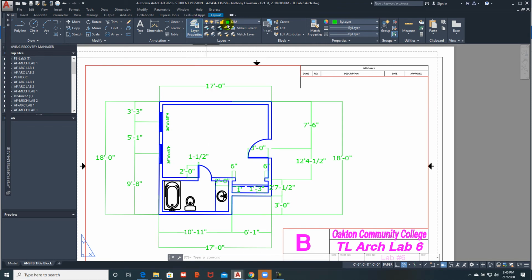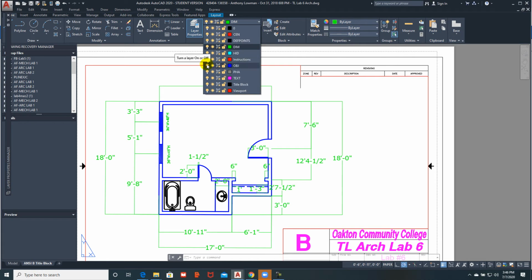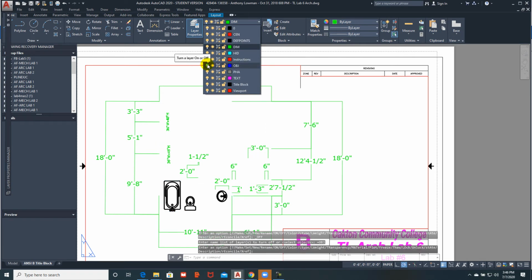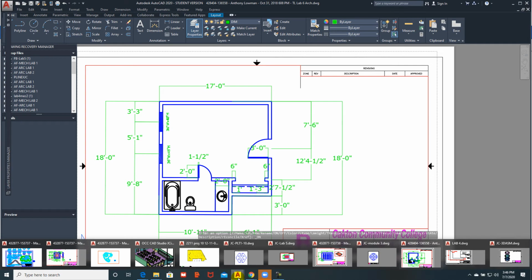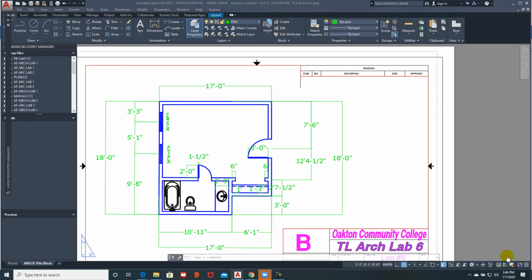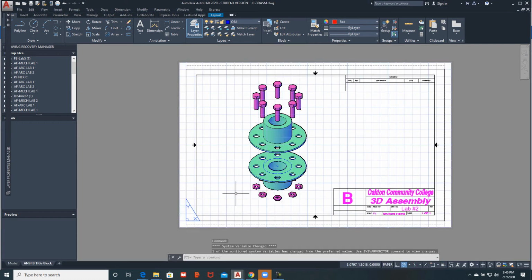If I go to the layer and I turn off this object layer, those lines will disappear. And I'm going to use a different drawing. Let's take a look at another mechanical print. And then if we look at our layer manager,